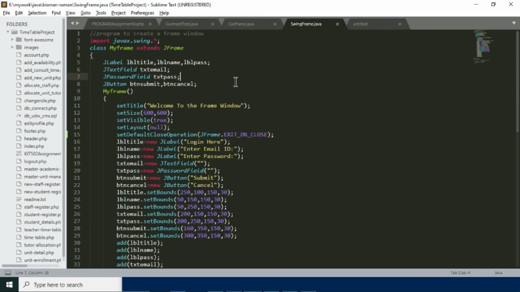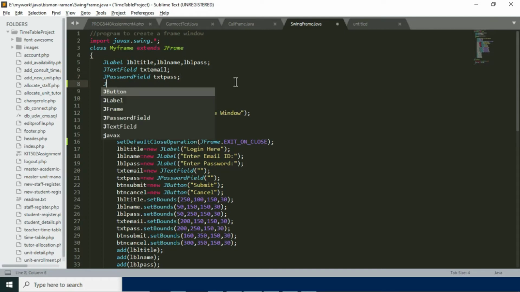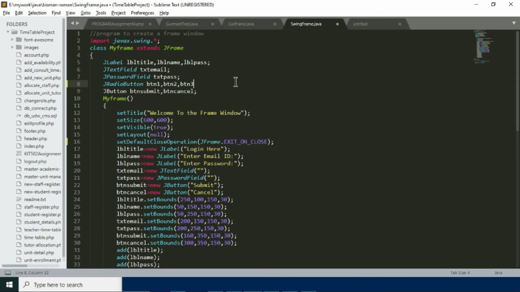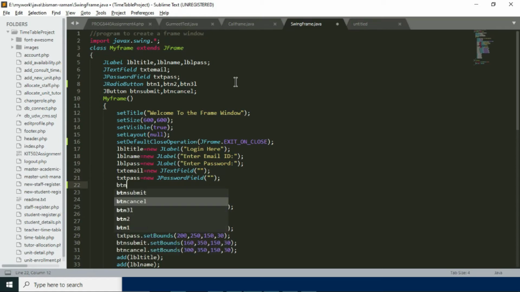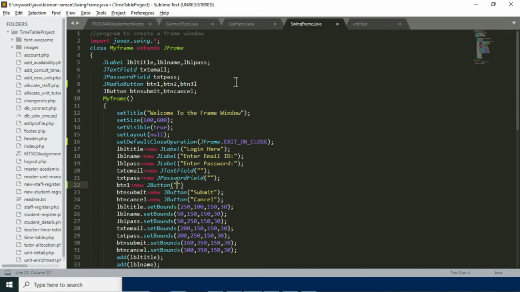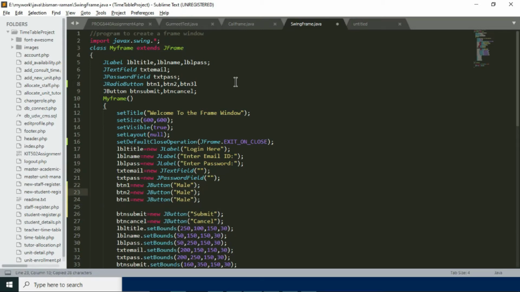So let me add some more controls. I'll add a JRadioButton, btn1, btn2, btn3. I'll create three buttons and set their properties, like btn1 equals to... I'll save my time and copy this code. Male, female, and other.